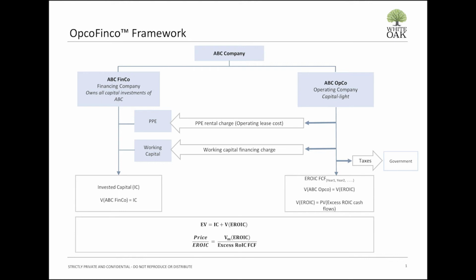When you rearrange these terms, you get the bottom equation, which is the price to excess ROIC multiple. So instead of looking at price to earnings multiple, we focus on price to excess ROIC multiple, which equals the value of OpCo divided by the free cash flow of OpCo, which is basically excess ROIC cash flow. And this is the multiple we use to compare across companies rather than comparing P/E multiples. For Apollo, as an example, the P/E multiple is 10 to 15 times compared to Balkrishna, which is 25 to 30 times. But if you were to look at this excess ROIC multiple, it would be hundreds of times for Apollo